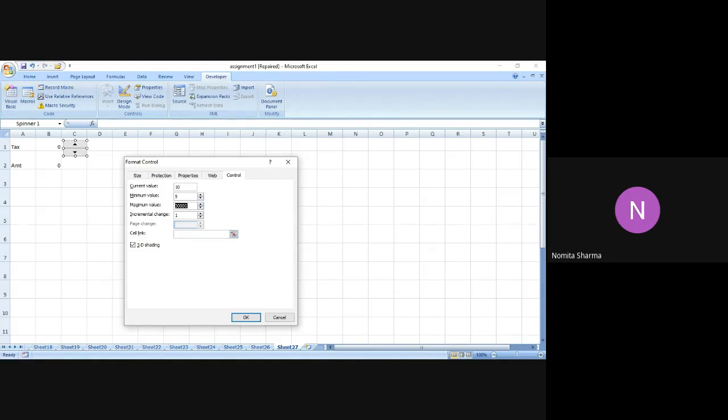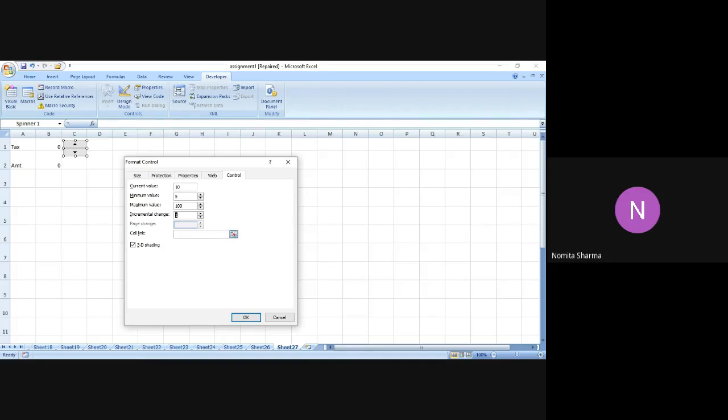So when I use the maximum value spin button, and when I click on the upper part or lower part, accordingly this will increase or decrease the value. But since I don't want to go for those many clicks, I'll simply type. So I say the current value to be taken as 10, minimum value to be taken as 5, and maximum value to be taken as 100, and I want this increment to be done one by one. I can mention that also. So if I want the increment to be done by 5 steps or by 4 steps, accordingly I can mention the number over here. But let me do with 1 to start with, and then we'll refer to the other area.